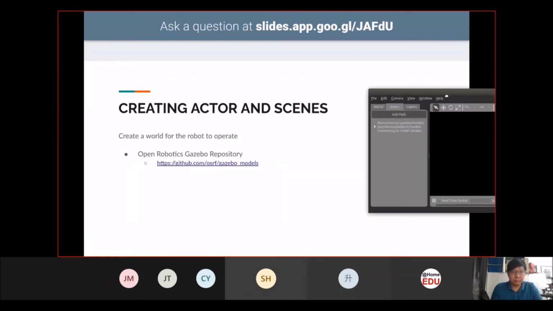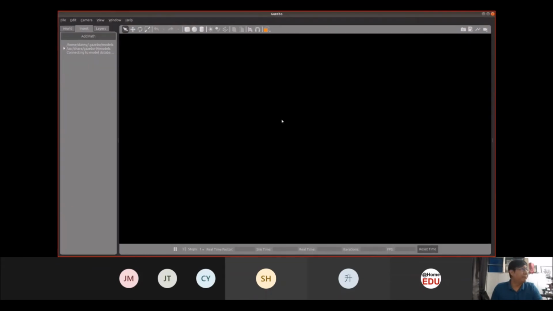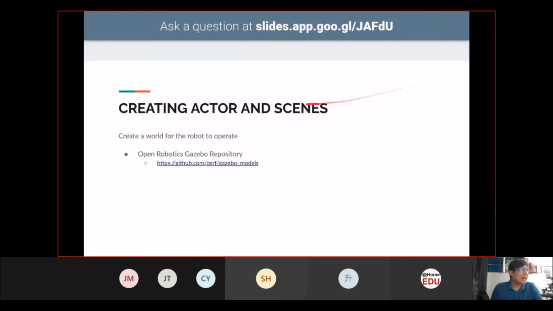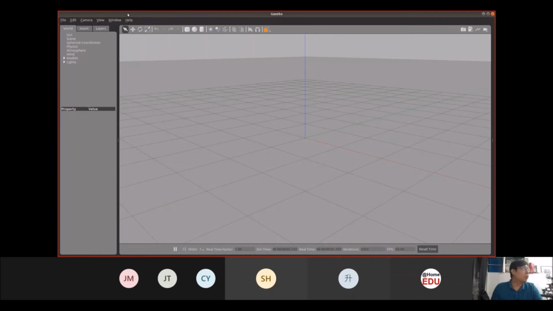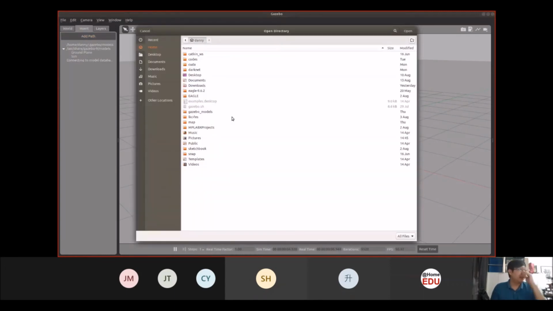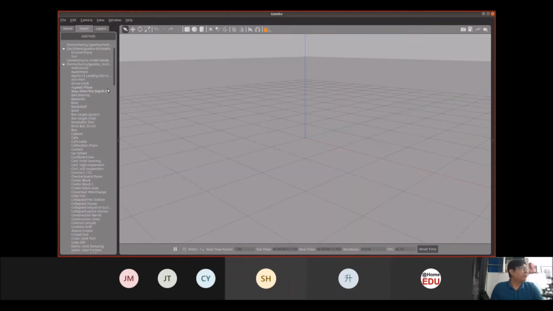My Gazebo is still loading. You can actually clone this and get access to quite a number of different objects itself. So this is where I've cloned it. So for example, if you are building your own room, you can input things like, let me see, what will you find in your room?